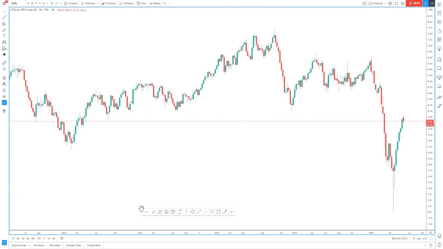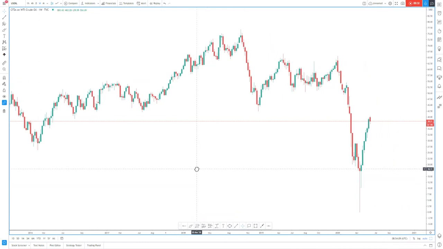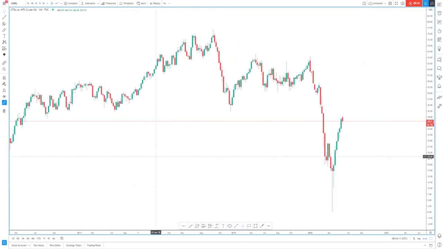So, today US oil, which is WTI, caught my interest, and I'll be diving into it right away. Looking at the weekly time frame, I can see a W pattern formation which has actually formed,